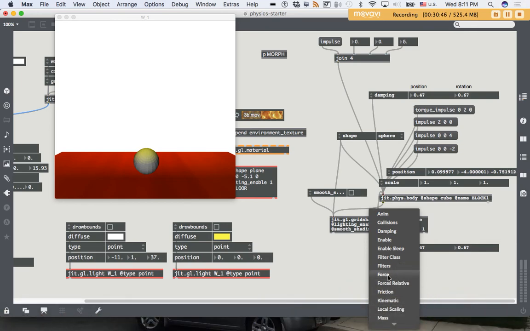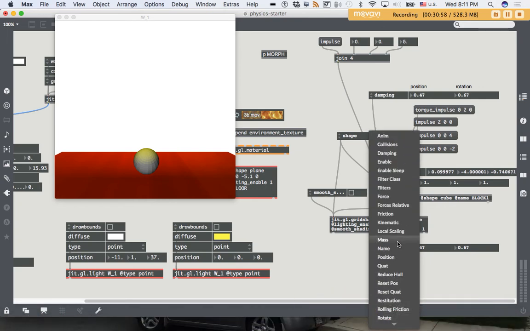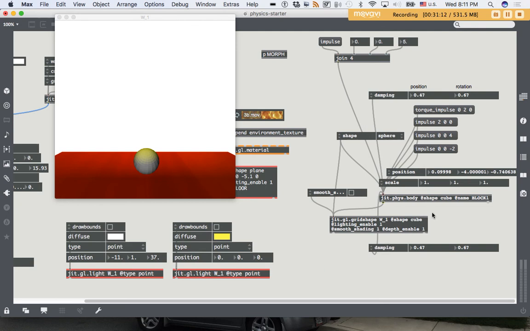We also have force, which is like a wind pushing on the object. We looked at that. We have friction, which is how difficult it is to slide an object against another surface. Mass, which is how the object is going to react to gravity. An object with little mass is not going to be pulled as much by gravity as an object with high mass. So you can go in and experiment with these values,